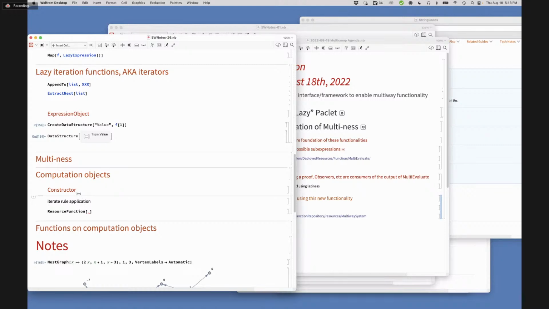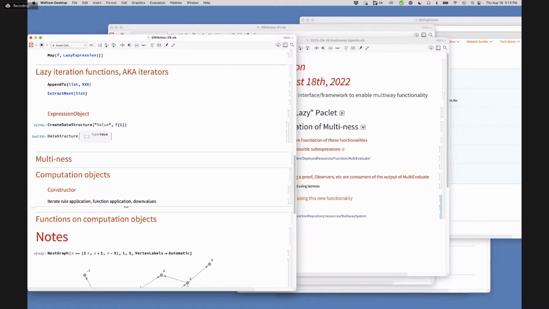Right? We talked about how we can get it with rule application, we can get it with function application, and we can get it with down values. Am I making sense? Oh yeah, I see. Those are the cases. And each one of those, we're basically making a